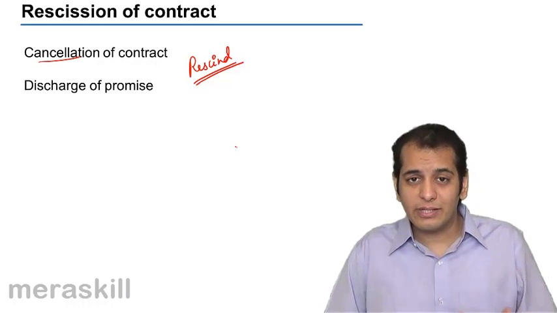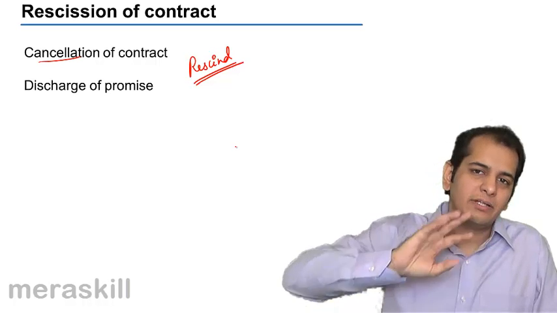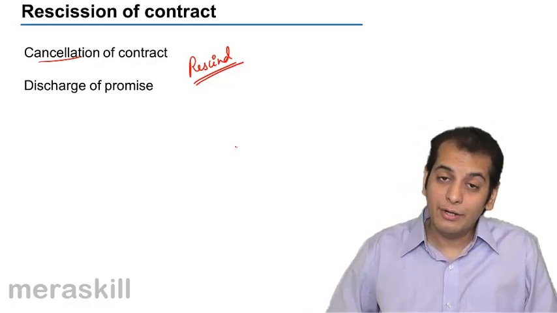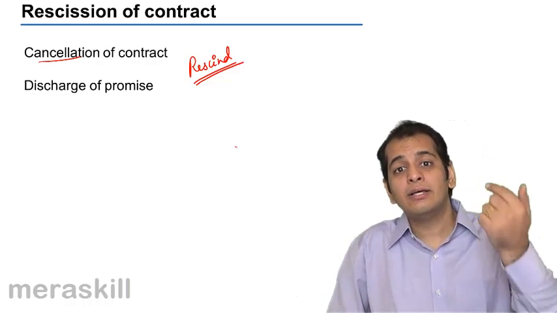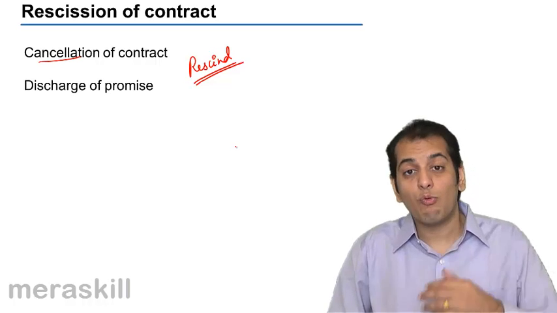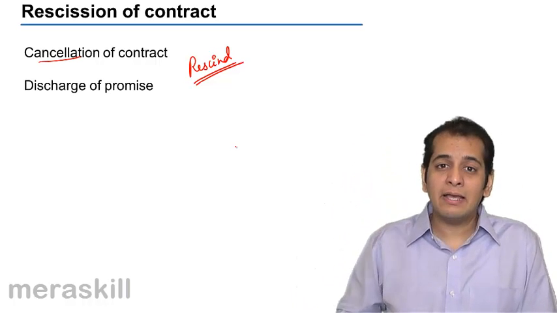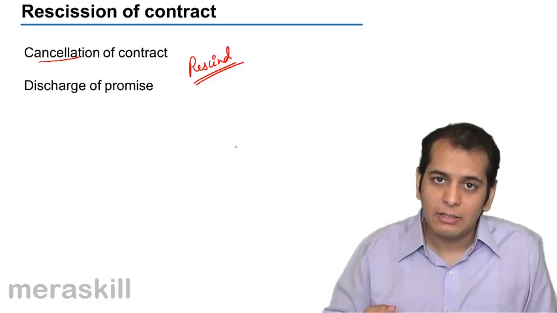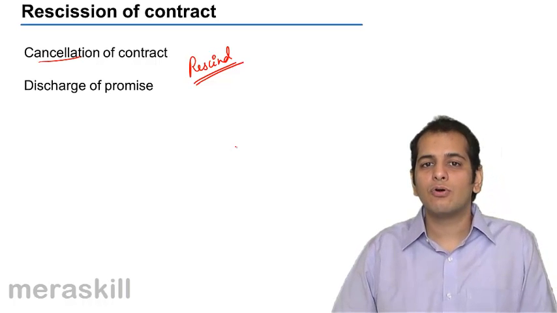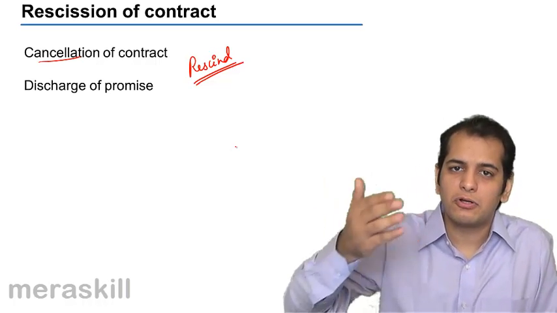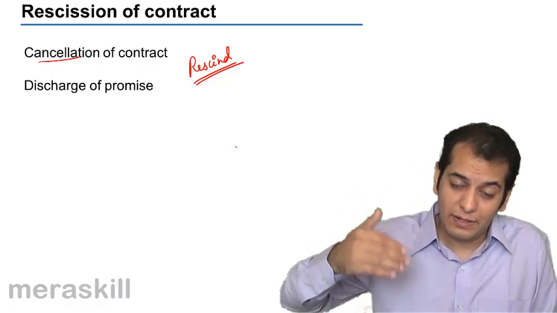Now why would you rescind the contract? Because of my breach you have incurred some loss, and you cannot put a claim of compensation on me unless you have rescinded the contract. Now what do you mean by rescinding the contract? By rescinding the contract, I mean you file a complaint to the court, you file a suit in the court saying you rescinded the contract. And once the suit is filed in the court